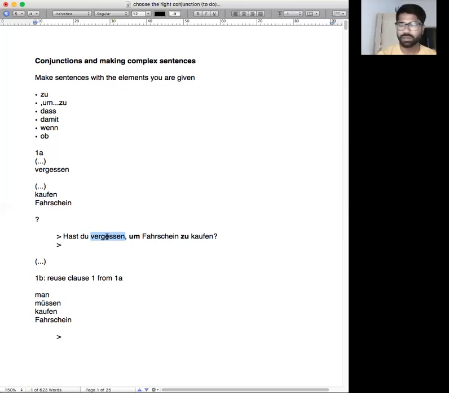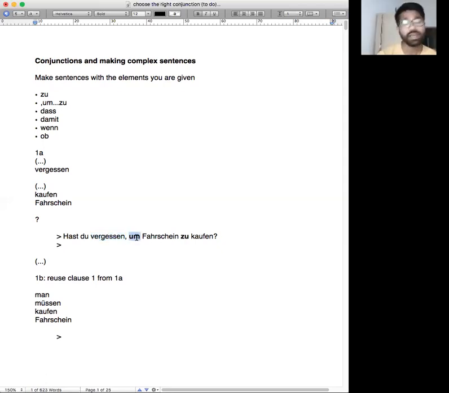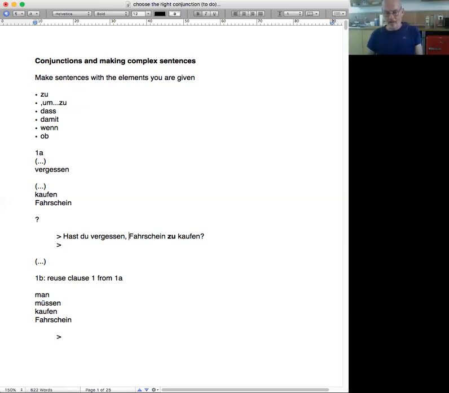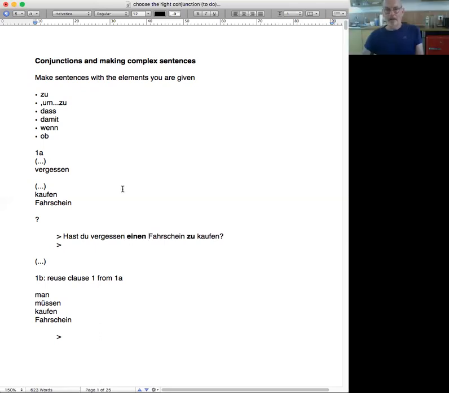It's a verb, but it's not really an action. It's a kind of lack of action. The point is that here, it's hast du vergessen, einen Fahrschein zu kaufen? It's this, zu, without the zu.